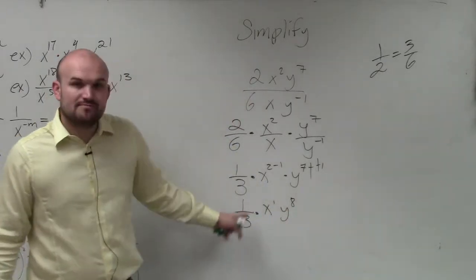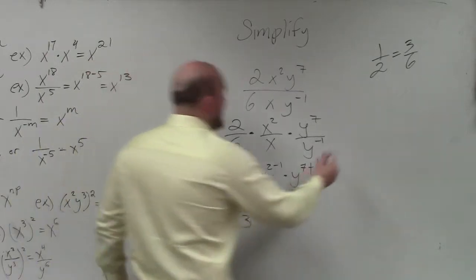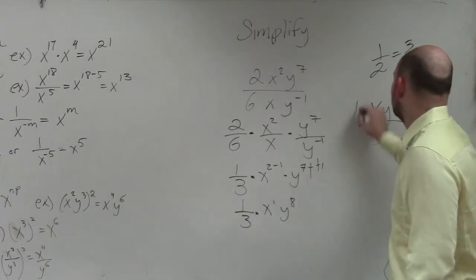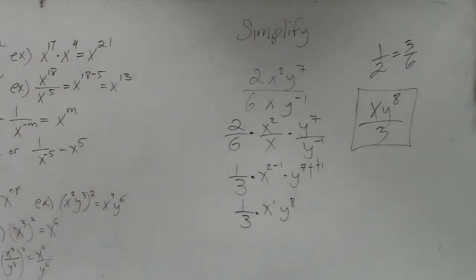OK? So those remain in the numerator. And then I have a 3 in the denominator. So my final answer is going to be x y to the 8th divided by 3. Anybody have any questions? Because I spent time over the